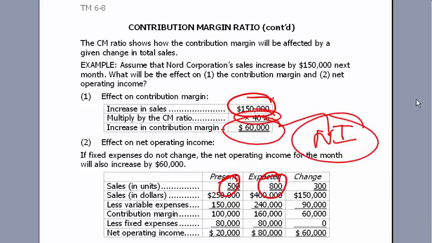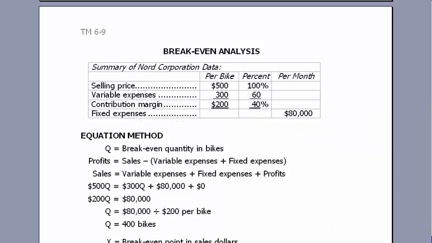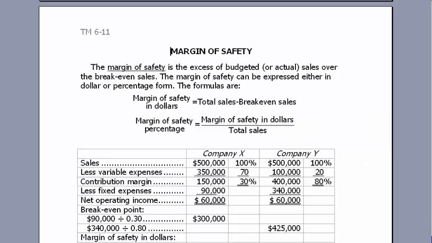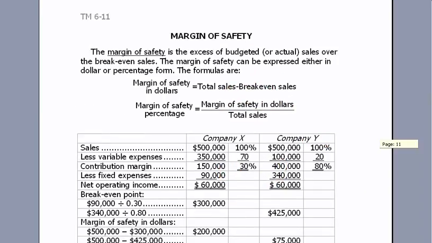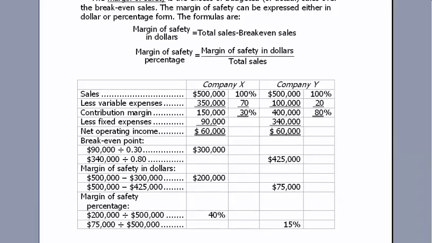So that tells you that if you want to sell 300 bicycles more, if you want $150,000 more in sales, you can spend up to $60,000 in advertising or commissions or whatever, and you're still better off. So it's a very dynamic tool for businesses, for managers to have. The next couple slides then just do the same thing, but it uses the second method, the percentage method that I showed you. And then margin of safety is another concept that just says